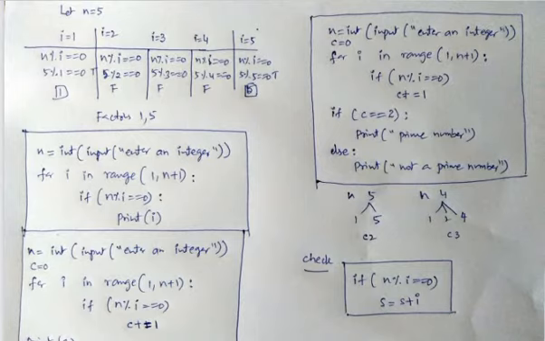Based on this, you can try one program. Check for a number perfect or not. Now, what do you mean by perfect number? Sum of factors of any number other than that number is equal to the original number is a perfect number.